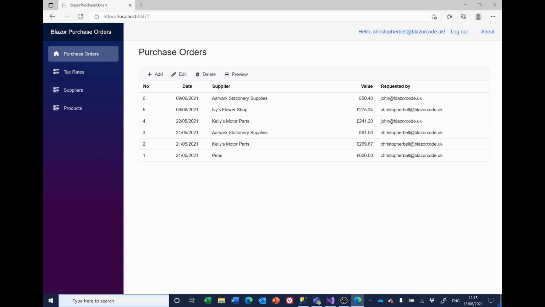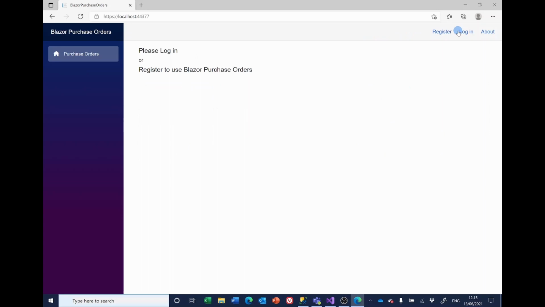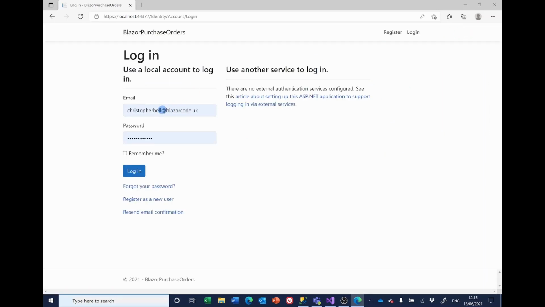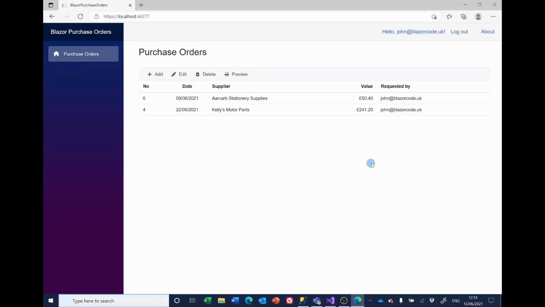In the previous video, we introduced authentication and authorizations. And here we can see I'm logged in as Christopher Bell, and I can see all the purchase orders that have been entered so far, including those that have been entered by somebody called John. If I now log out and log in as John, John has restricted access and can only see his own orders. And if we choose to preview one of them,